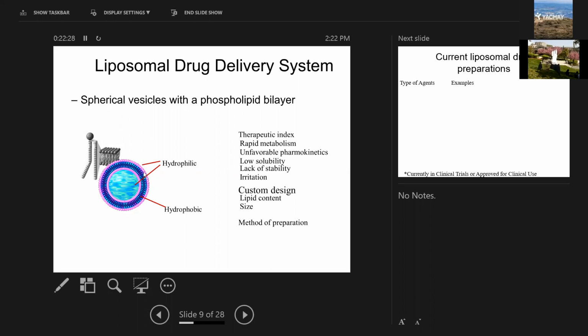If you have a drug, for example doxorubicin or other types of drugs like paclitaxel, and you want to use this to encapsulate the drug, then mostly the drug will be encapsulated in the shell if the drug molecule is hydrophobic, right? But if it's a hydrophilic molecule, it will be encapsulated in the cavity, the hydrophilic area, right? So the liposomes,